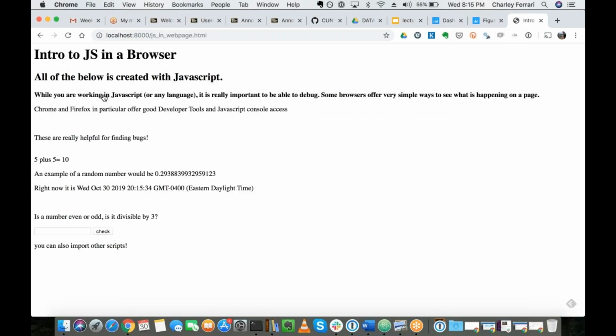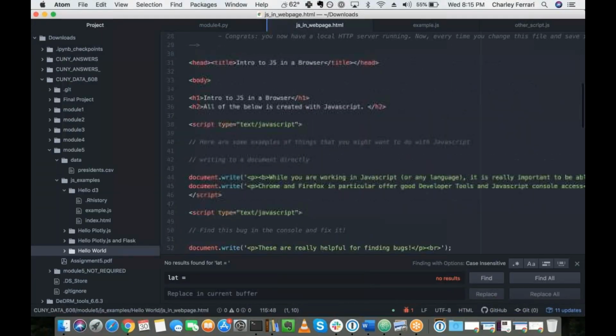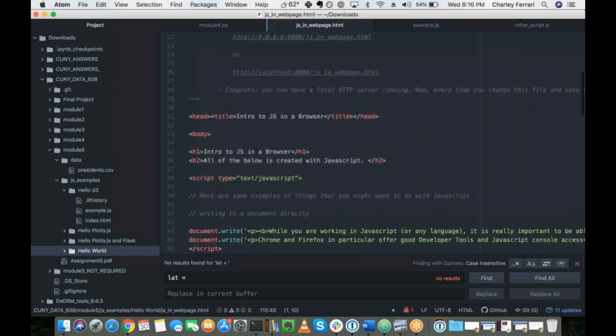But because I named this something different, it's just a HTML. I just have to go to /JS in a web page. This is meant to go through a few of the more basic JavaScript functions. I'll go through this and also some basic D3 and get everyone started with how to begin wrapping their heads around D3. But starting out with just HTML,